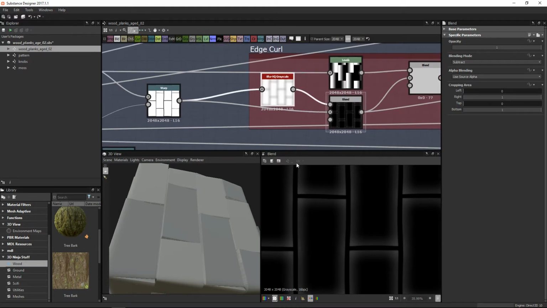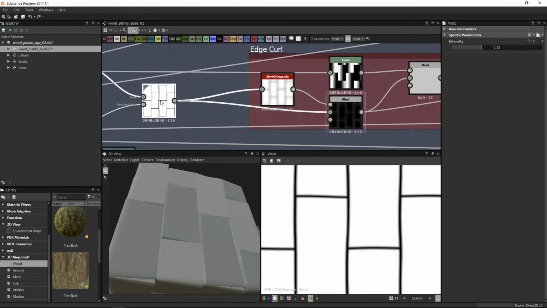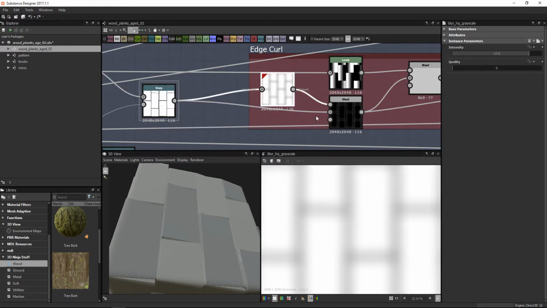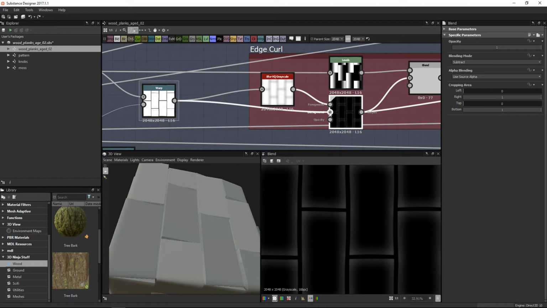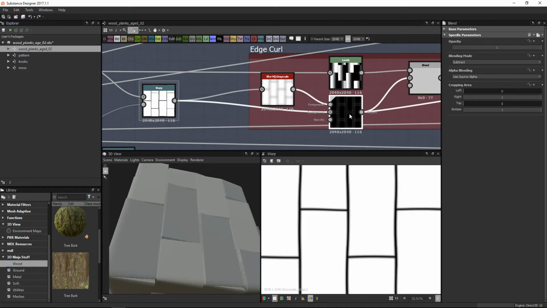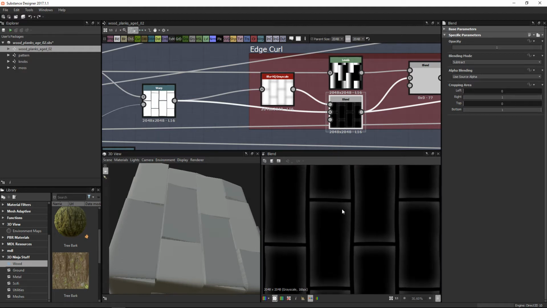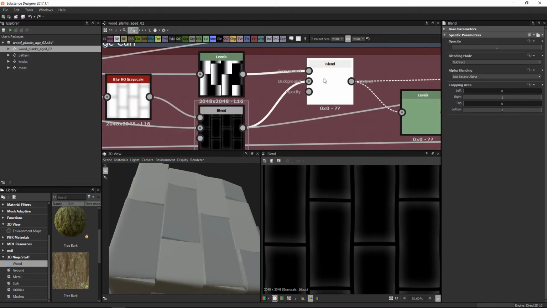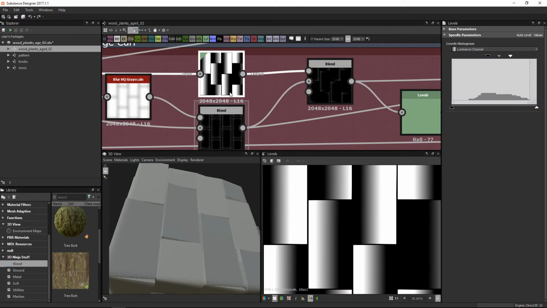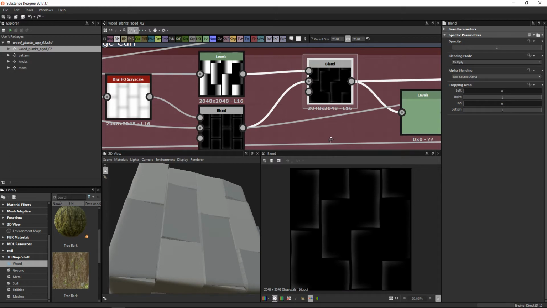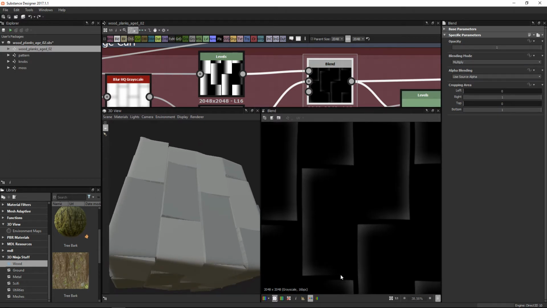In order to create this edge mat, I'll take basically this guy here, which is just my black and white mask, one of the first operations we talked about. I blur it, and then I subtract it back by itself. So here's the blur, here's the original, and it's a subtract, and this gives me a nice inner edge mat here. You can see that this white area is focusing around the outer edge of the planks. Then I'm going to take this effect and blend these together with a multiply